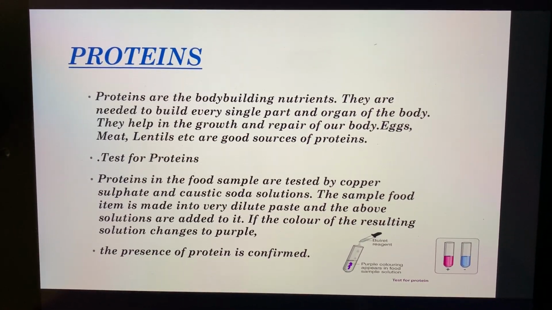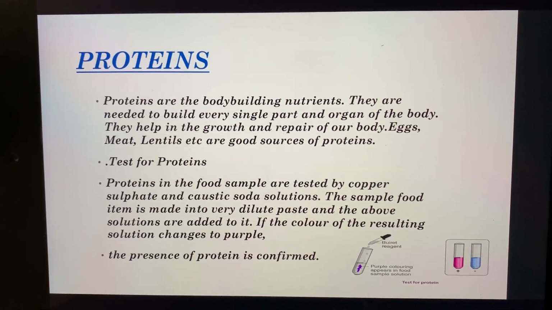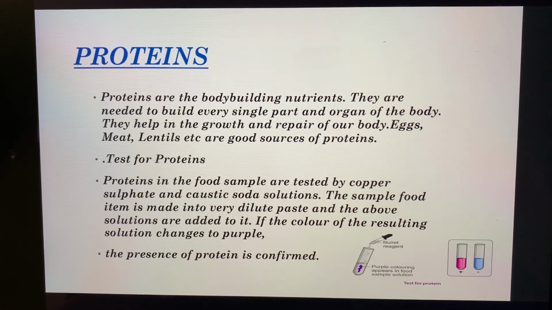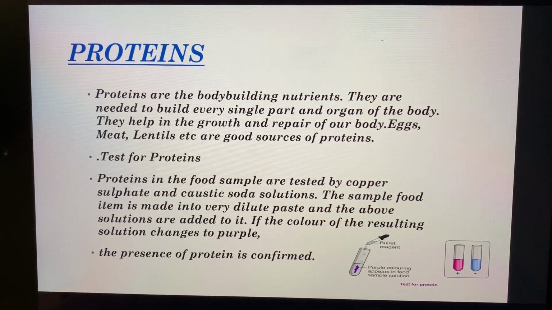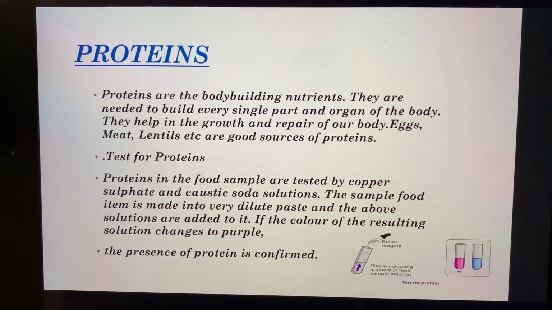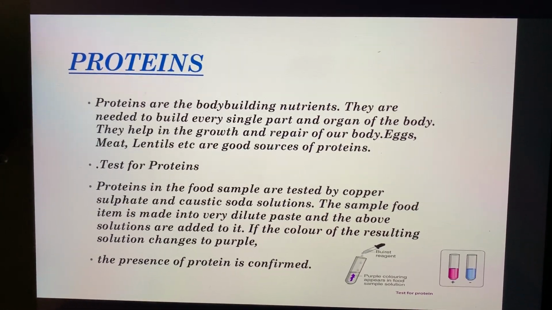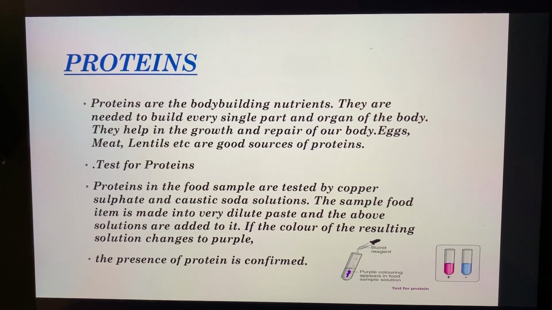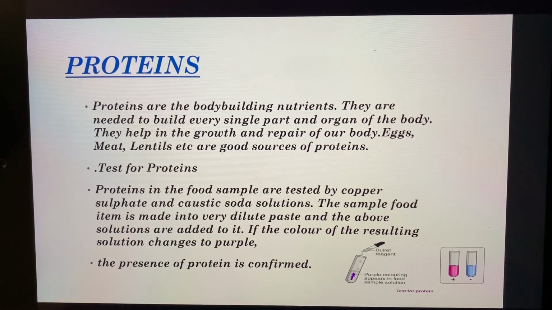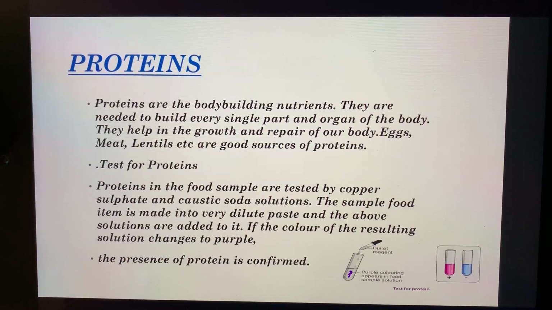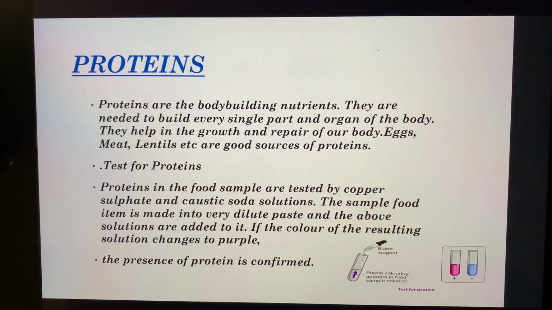Moving forward, the next nutrient or the component we have is proteins. Now what do proteins do for our body? Proteins are the body building nutrients. Now this body building does not relate to the muscles that you form, you're quite young for that, but the organs that you grow, the height of your bones that you grow, or if you grow in energy or by the mind power that you grow, proteins help you do all that.